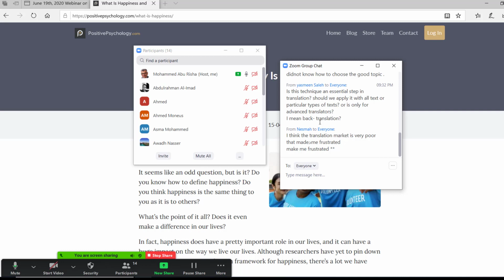For experienced and advanced translators, I can say it is a must. Why is it a must? Because language evolves all the time. And if we do not do such an exercise, we will not be able to see how people are using English in the English world. So basically, this is my own opinion, that for advanced translators, the back translation technique as a learning process is a must. Because an expert translator always learns, and every day learns. For students, it's just something optional that they have to learn. I don't think that it's obligatory.